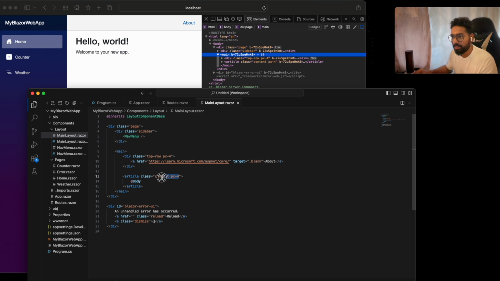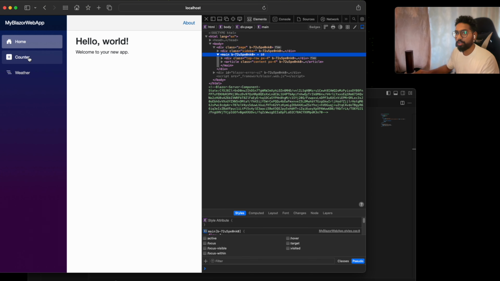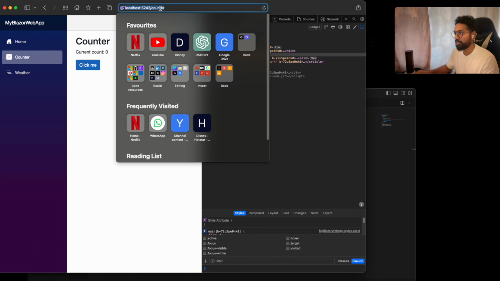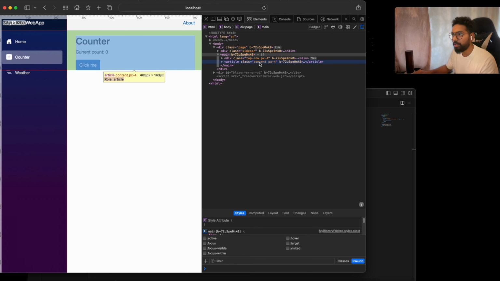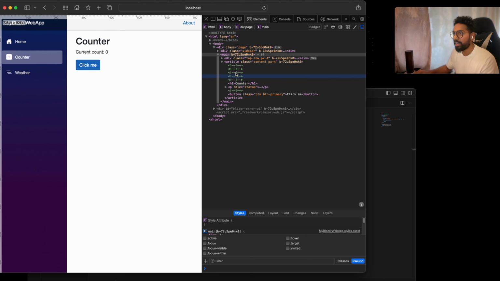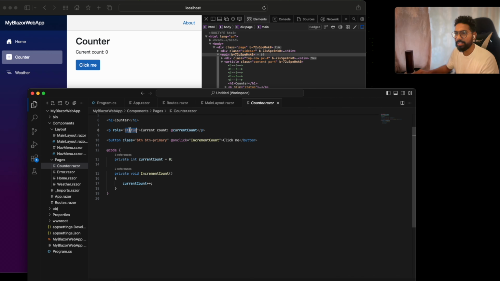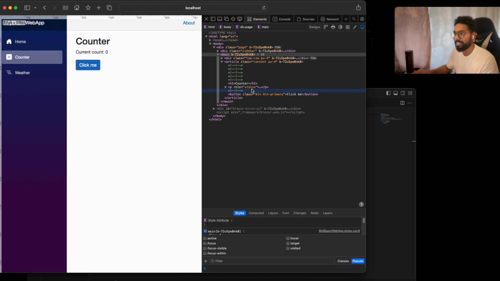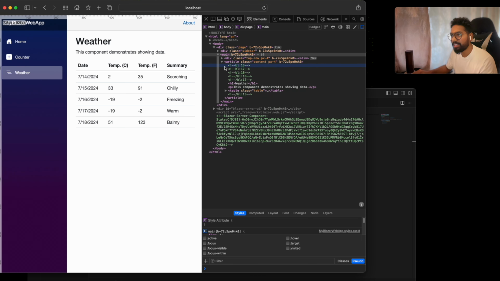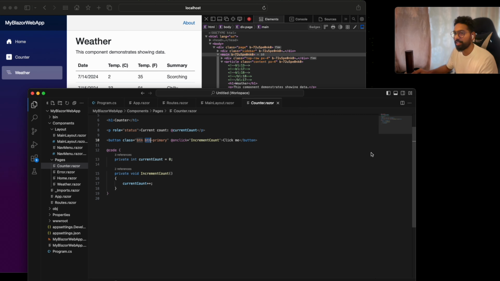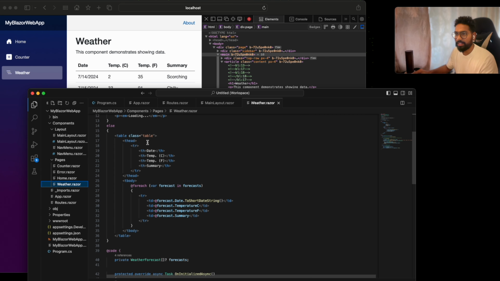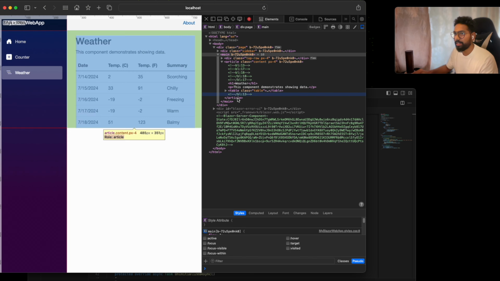So whatever happens after this class is what is dynamically loaded. Now pay close attention. I'm going to click on counter to see the URL has changed. And now you will see after this, the new content is rendered. And this content is coming from this counter component. So if I open the Counter.razor, you will see status, then this button primary, this is part of this component. Now if I click on weather, again you will see the body tag has changed to the weather component. If I go to the weather, there you go, the table and everything is coming